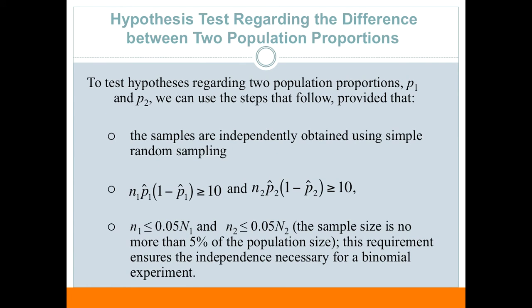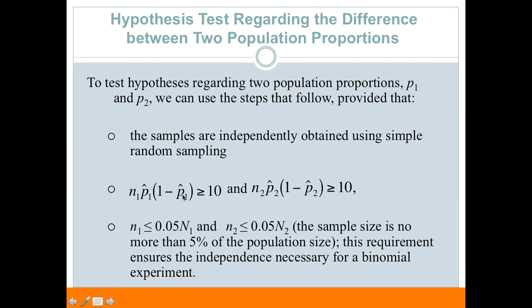So let's look first at a hypothesis test regarding the difference between two population proportions. To test hypotheses regarding two population proportions, P1 and P2, we can use the steps that follow provided that a couple of things are true. Samples are independently obtained using simple random sampling. And then this qualification that we had before, where n times p times 1 minus p had to at least be 10,